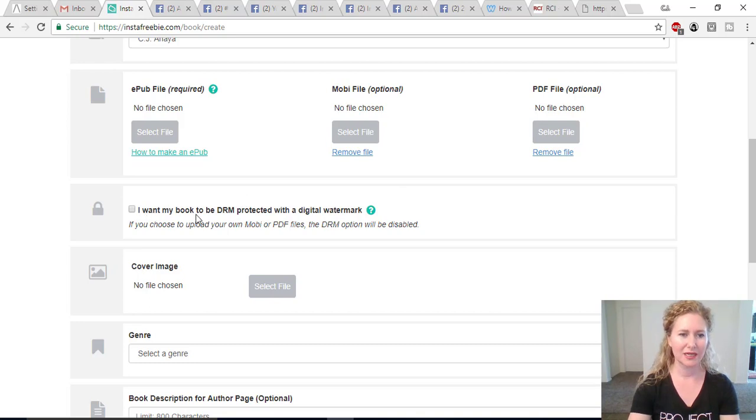This is cool right here. You can protect your book with a digital watermark. Since my books are free, that's kind of a non-issue. I don't really care, and I'm not actually too concerned about piracy. And I know that you're all probably going, what are you talking about? I just figure as long as my book's out there and my name's on it and people know that I wrote it,